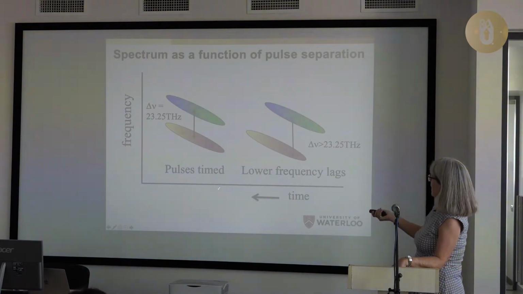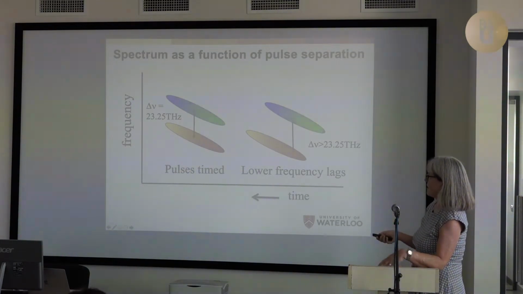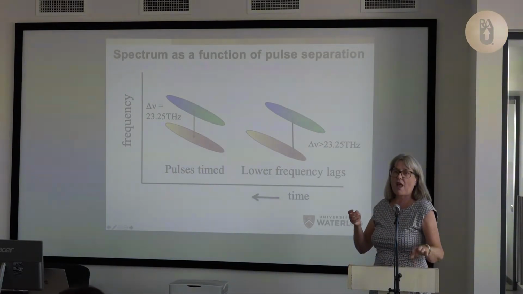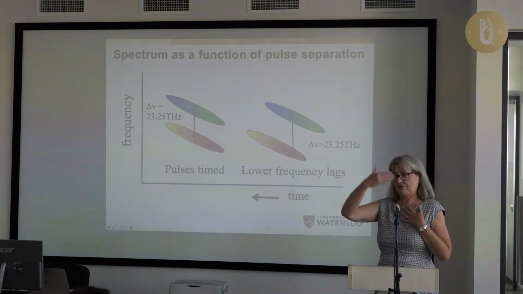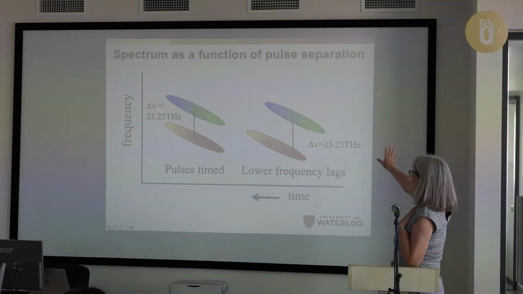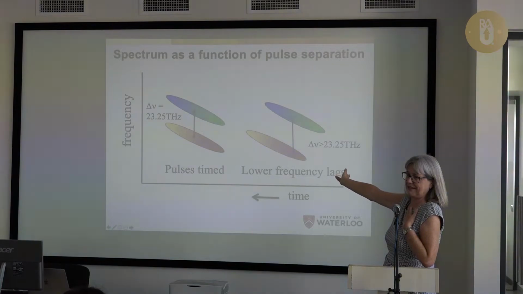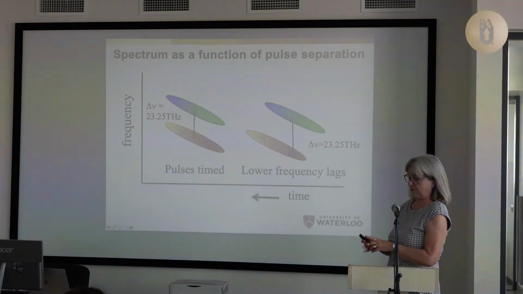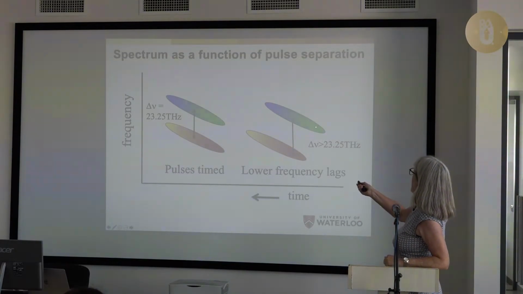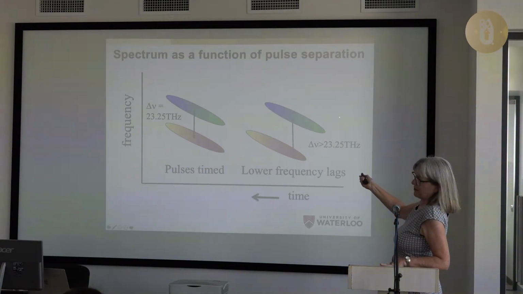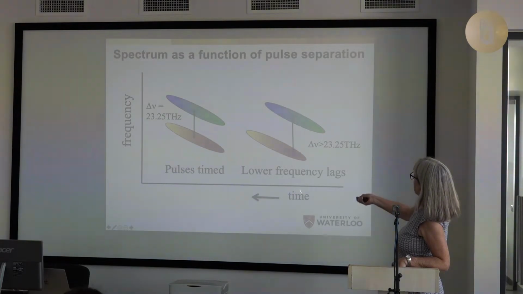You'll notice that I do time backwards. My students will not show the pictures this way. Again, as I said, I'm a Rochester student. We learned that light only goes left to right. So when I see pulses, the right-hand side has to be the front of the pulse. I'm sorry, to me, I don't understand it if it's not the front of the pulse. So this is the beginning of the pulse, so time has to go that way. All right, so these are positively chirped pulses. They just look negative because of the way we time.